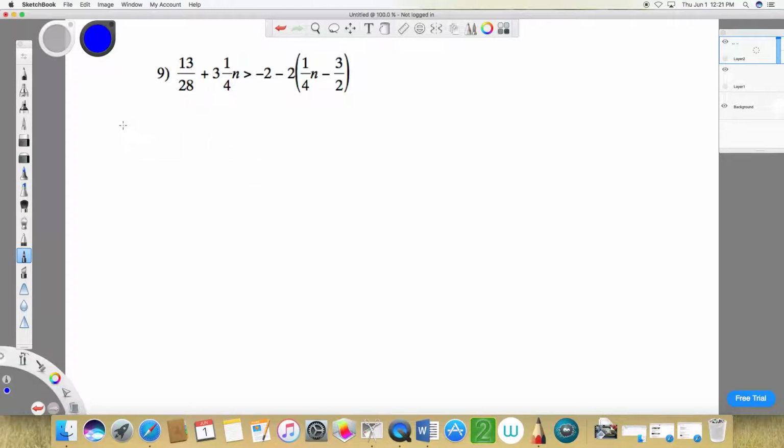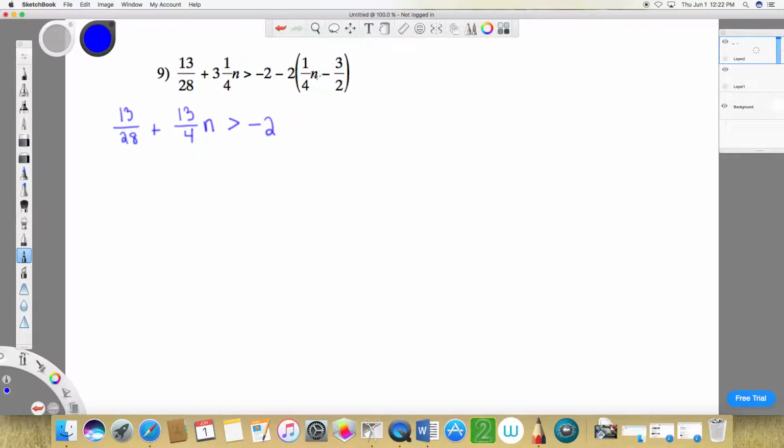We've got 13 over 28 plus, and here we have a mixed number, and I'm going to change this mixed number to an improper fraction. So 3 times the denominator, 3 times 4 is 12, and 12 plus 1 is 13. And so I have 13 over 4. 13 over 4 is an improper fraction that's the exact same as the mixed number 3 and 1/4. And then greater than